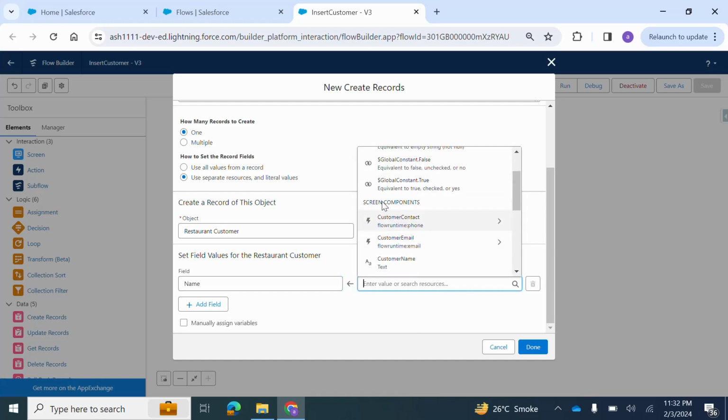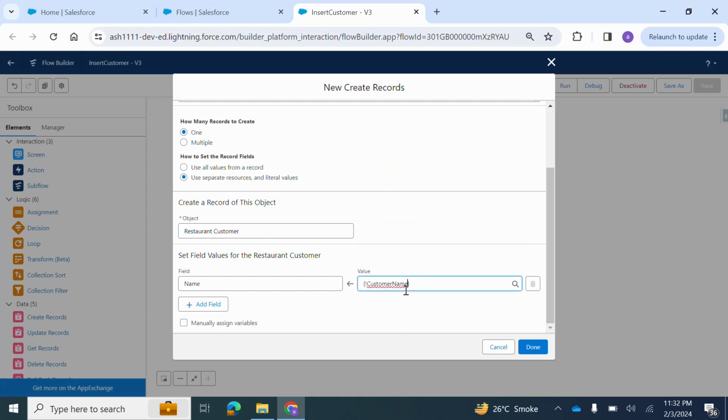So can you see the screen components? Screen components means these are the components which are coming from the screen. So on the first screen, we created the phone, email, and name. So these three components are showing here. So if I'm selecting name, basically whatever I'm putting there in that text field will be a part of